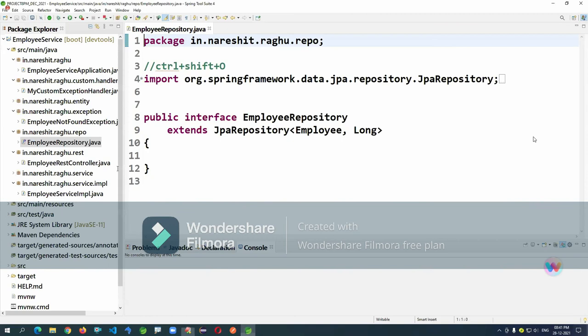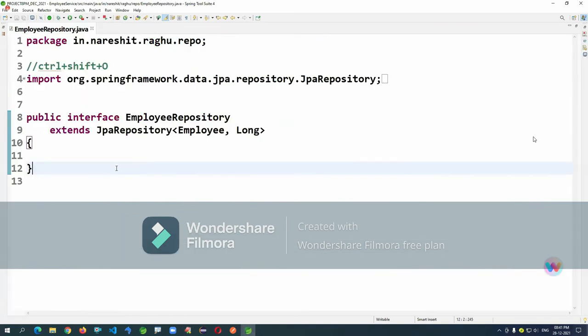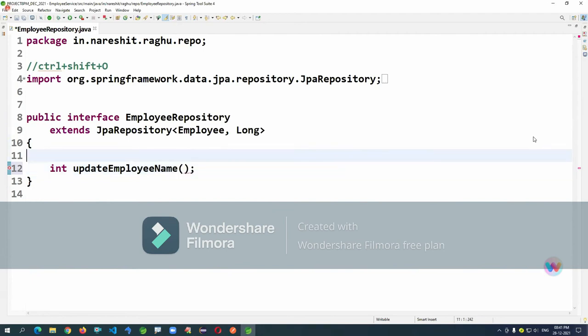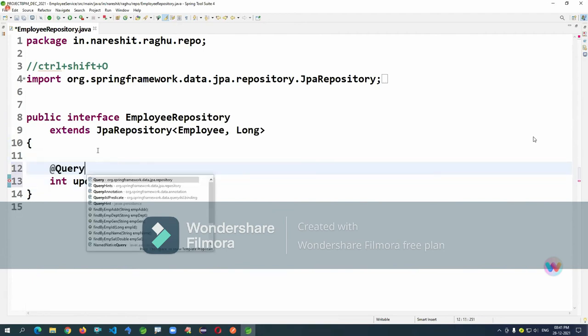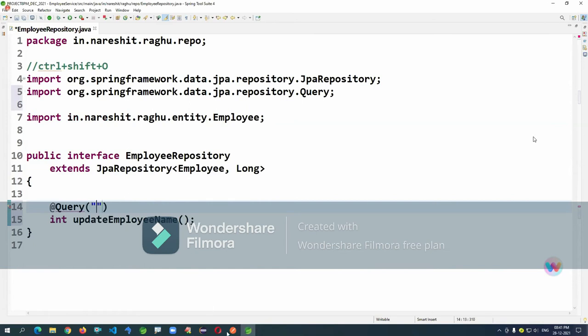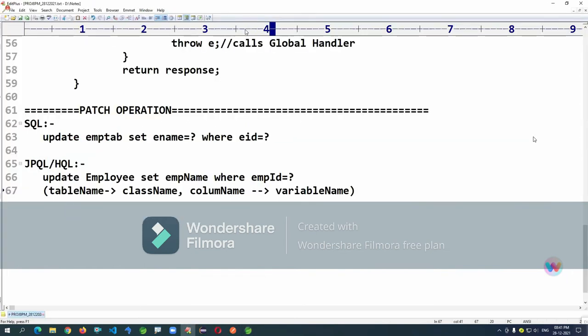If we observe, we have used almost all predefined methods only. Okay, I am writing a method. It returns an int, the number of records affected. I'm writing update employee name. First thing, use @Query. I'm writing the annotation and just